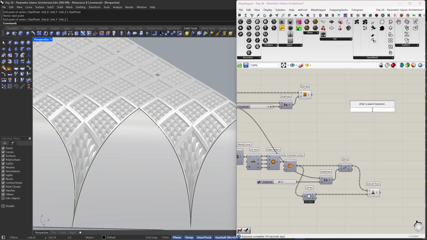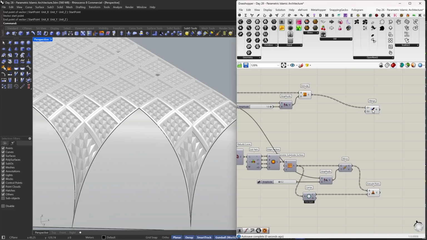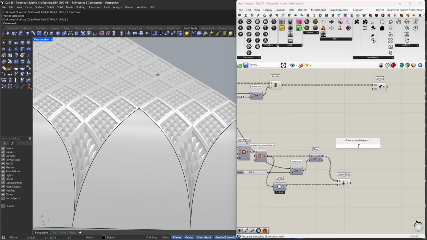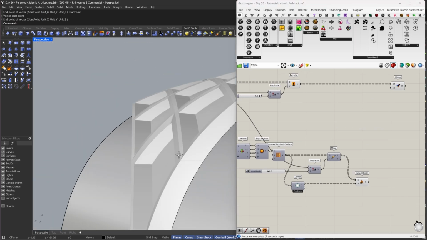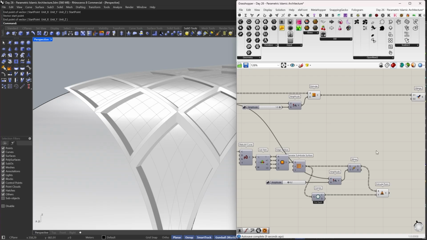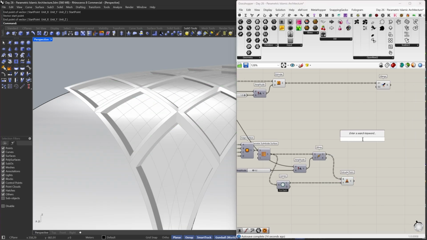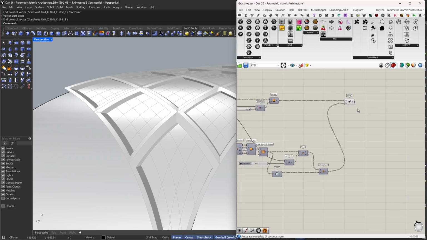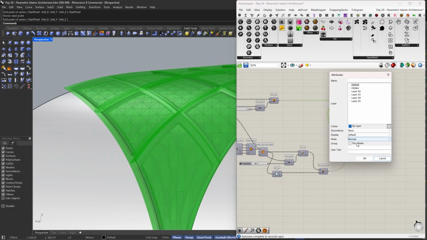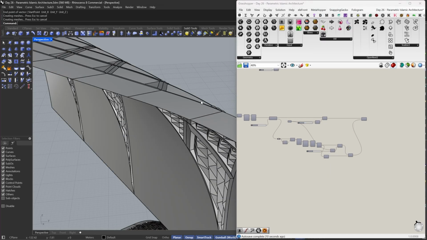And then after that, I'm going to merge those, and probably right now I should have something like this, and they are extruded perfect. I think I'm going to merge those right here, and then I'm going to preview off and just bake those. Yes, okay. And once they are baked, I'm going to give them